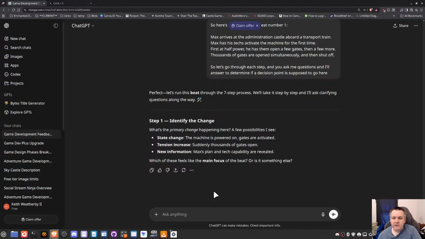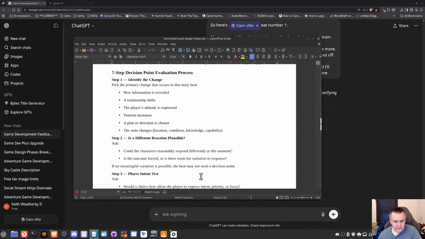Or is it something else? New information is revealed, a relationship shifts, the player's attitude is expressed, tension increases, a plan direction is shown, the state changes.